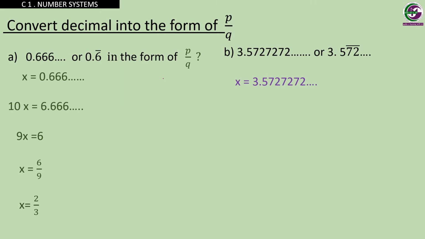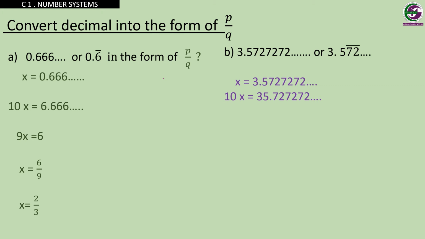3.5727272. See, have you noticed that 5 is not repeated, 72 is repeated. So the first step is take 5 to the left side. So we replace x is equal to 3.57272. Then move 5 to the left side of the decimal, which means multiply by 10 because you are moving one step. So when you multiply 10 on both the sides, you will get 10x is equal to